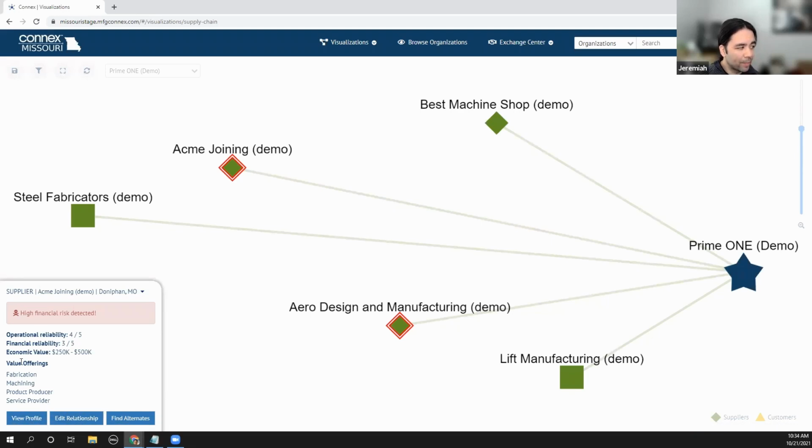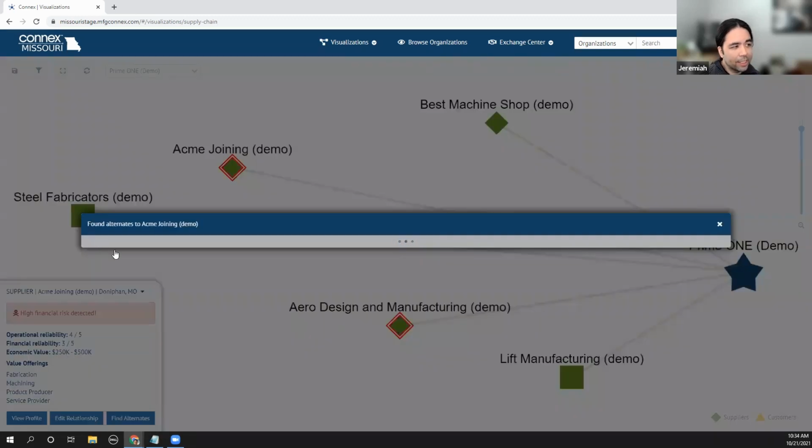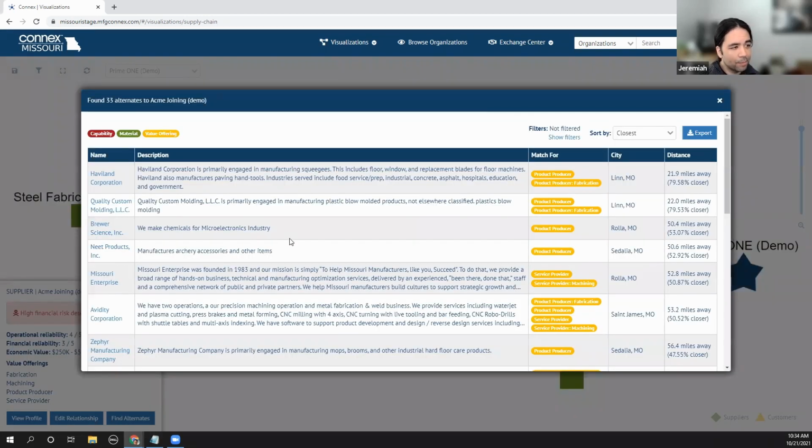If you wanted to change something about this, if you're looking at it and you're saying, oh, well, they don't actually offer fabrication to us anymore, you could edit the relationship here. It will take you right back to that screen that we were on, and you could change that. And then like Jeff was talking about earlier when he was showing the PowerPoint presentation, there is the option to find alternate suppliers. So if I click here, it will then plug into all of the profiles that are in